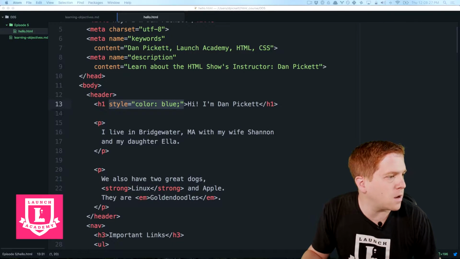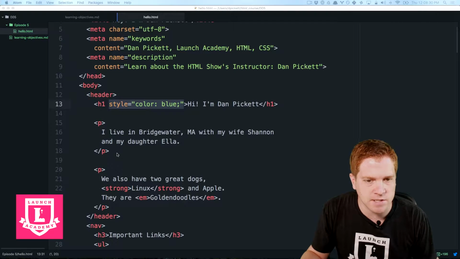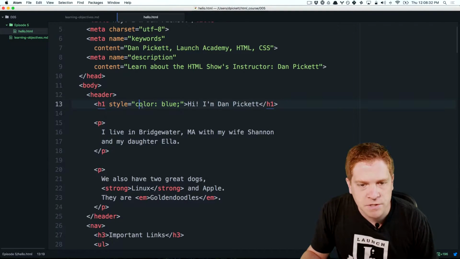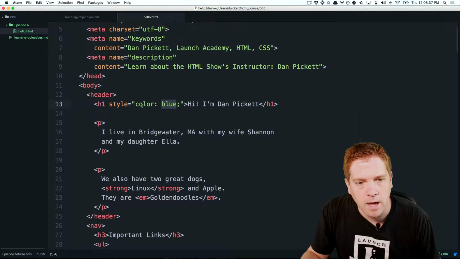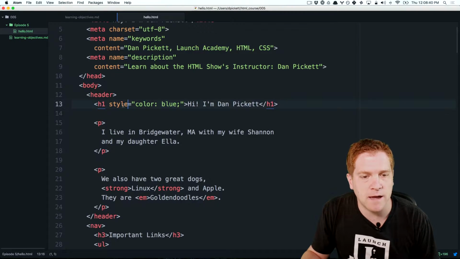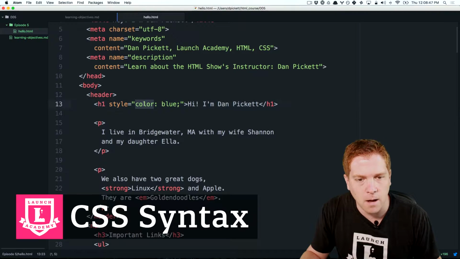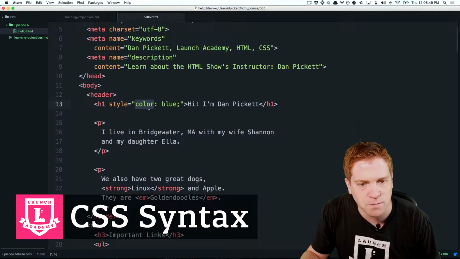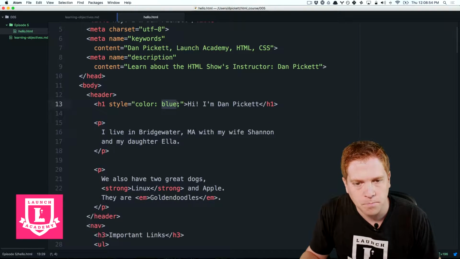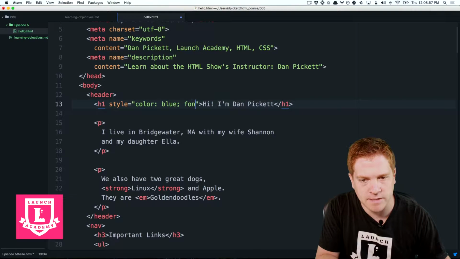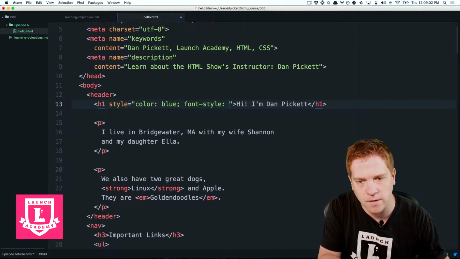So let's talk a little bit about the CSS syntax inside the style attribute. So notice here that I've got a setting and then a value. And while with HTML attributes, we have this style equals syntax, with CSS itself, we're going to follow this pattern of having a setting or a CSS attribute, and then we're going to follow that with a colon, and then we're going to have a value. And we can change these things. For example, if I wanted to set the font style to italic,